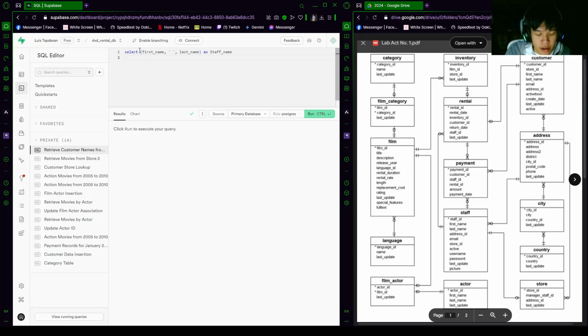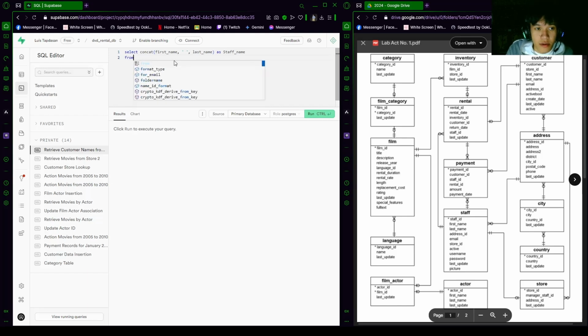After that, I forgot the concat. So after the first line, we are going to be locating where we are going to get the first name and last name from, which is from here, staff.